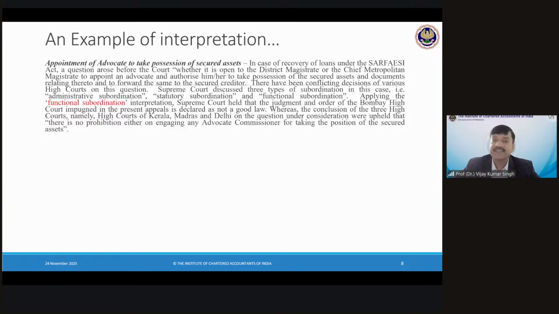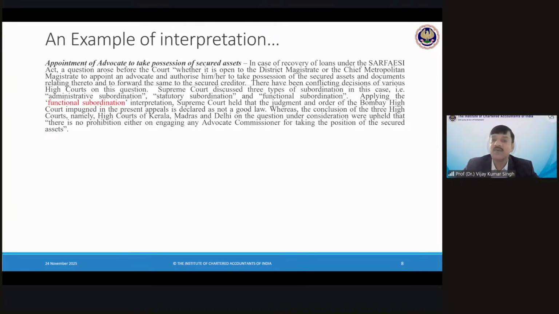And it said there is something which is called administrative subordination. There is something which is referred to as statutory subordination. And there is one which is called functional subordination. So Supreme Court coined this particular term and said, applying the functional subordination interpretation, Supreme Court held that the judgment and order of the Bombay High Court impugned in the present appeals is declared as not a